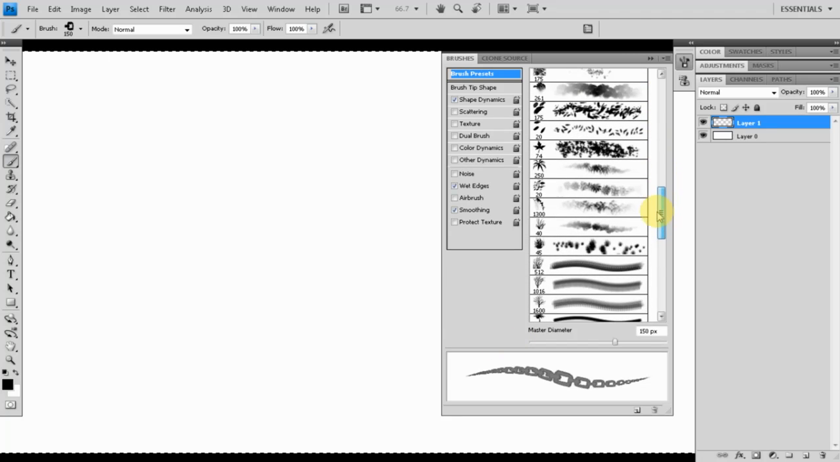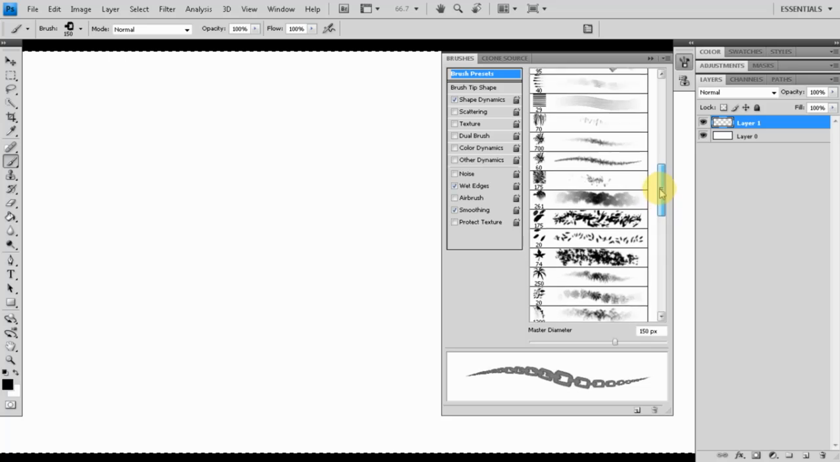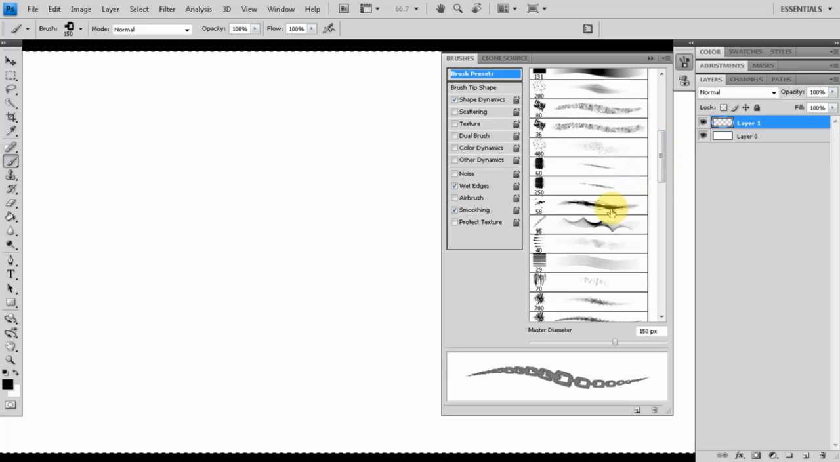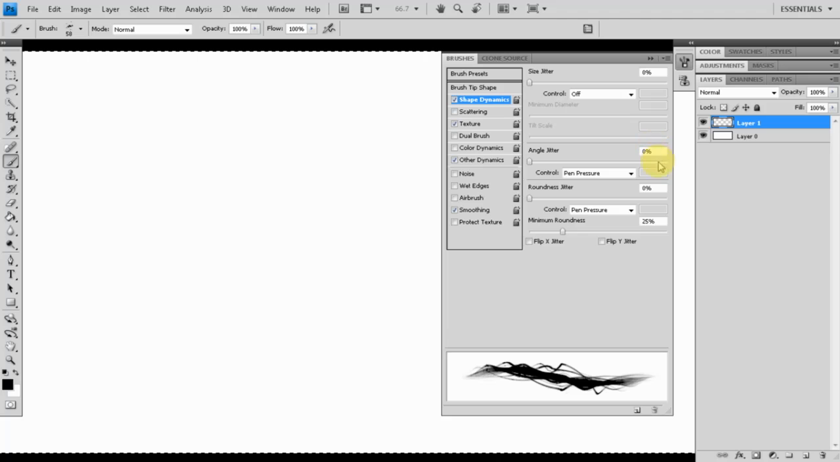So okay, we talked about stamping. I want to talk about some of these cool effects. Like you can see this brush tip shape is kind of weird. It's just got splotchy things and little dots that are set off. But what it does is it's set to the shape dynamics. Angle jitter is set to pen pressure. So that means it's going to rotate depending on how hard I press,